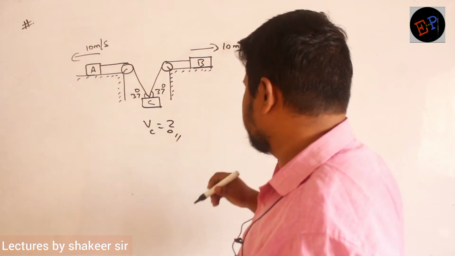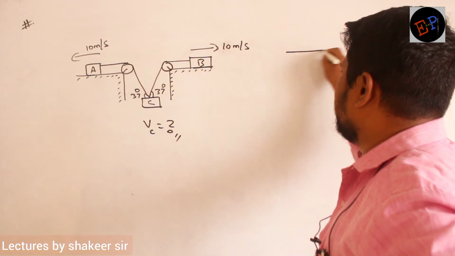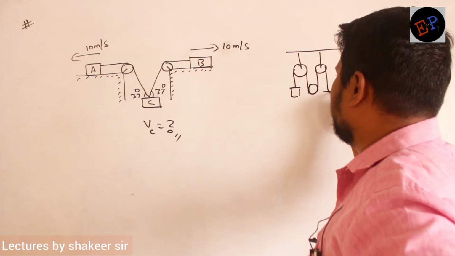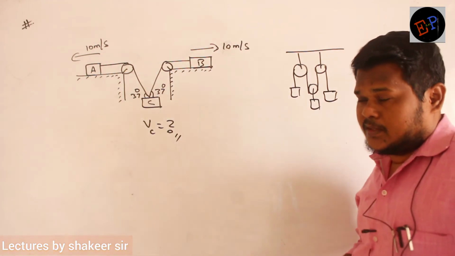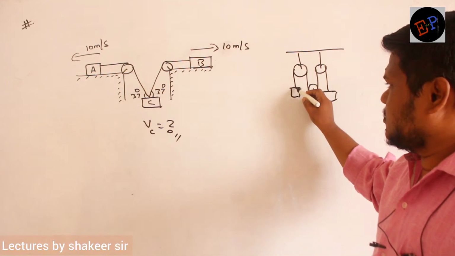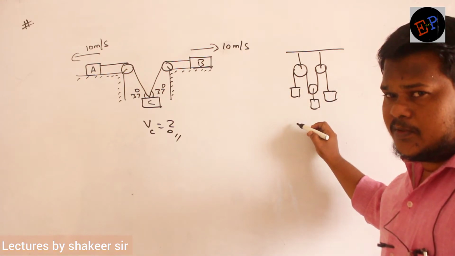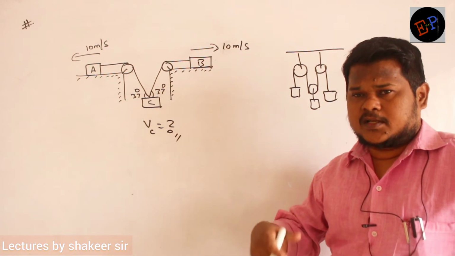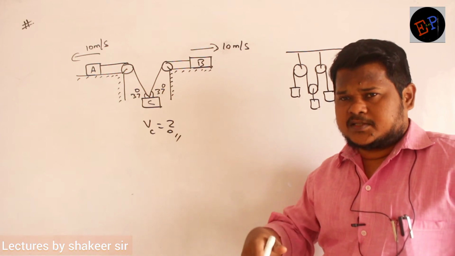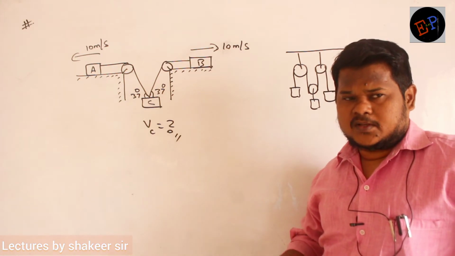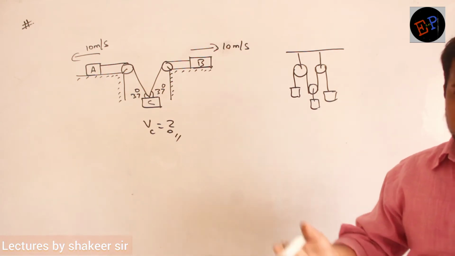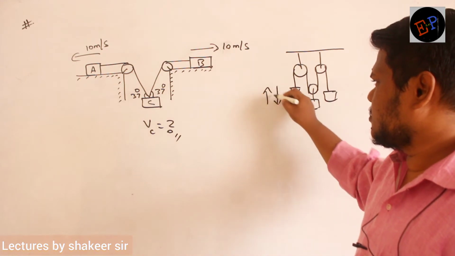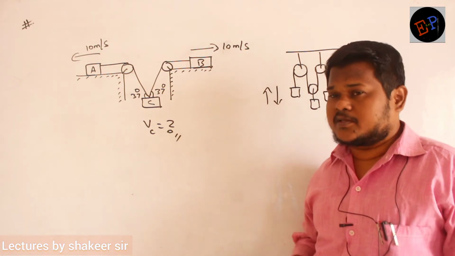See now. Previously what we have done, for example, I have taken this type of problem. Here, this block was either moving in the direction of the rope, or moving in the upward direction. So one direction I have taken positive, another direction negative. But the velocities were parallel to the length of the rope only. Velocities definitely were parallel to the length of the rope itself. So if the length of the rope is like this, velocity was either in the downward direction or the upward direction. But here the concept is completely different.